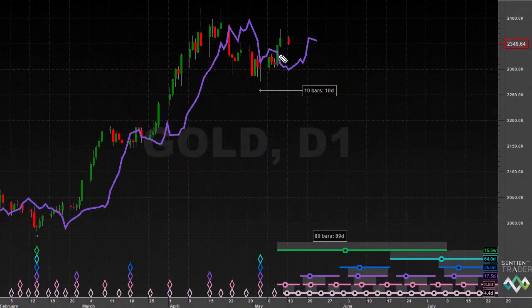Gold also managed to cross up above its 20-day cycle FLD last week, thereby confirming the position of the 80-day cycle trough over here at the beginning of May. That provided us with a 79-day, 80-day cycle. And in gold, the next thing we're looking out for is the 20-day cycle trough over here, expected probably towards the beginning of next week.